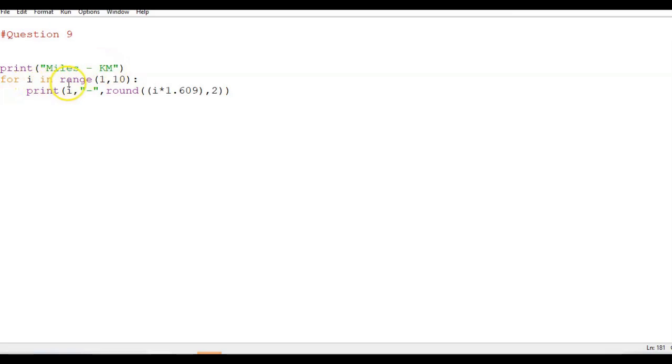The range I took is for i in range from 1 to 10, and then the value of i, which is actually representing the value in miles, and then with the help of multiplying this mile by 1.609, as 1 mile is equal to 1.609 kilometers, you will be able to convert it into kilometer. At the same time, as the digit was coming very long, I converted it into a 2-digit value after the decimal with the help of the round function.